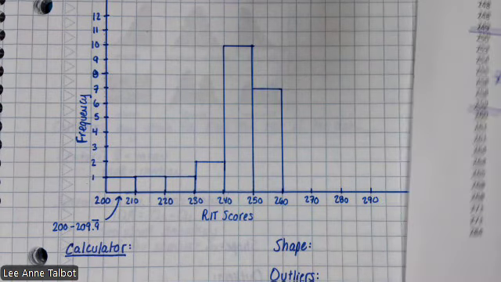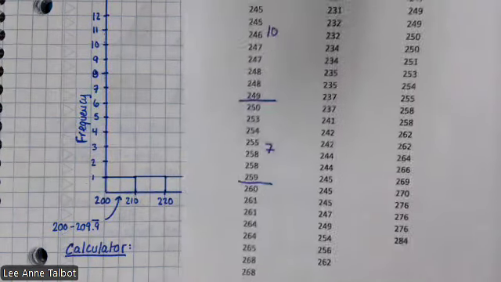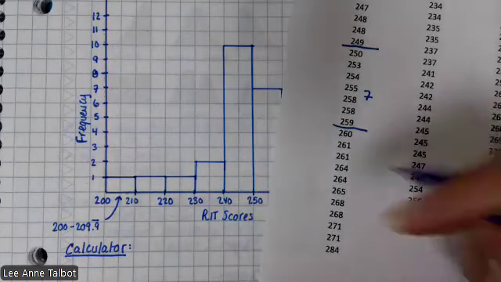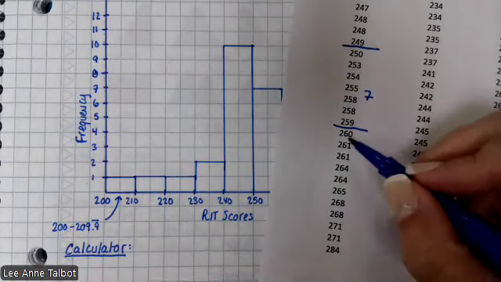Test scores are typically symmetric. Not all the time, because stats is never a perfect thing, but